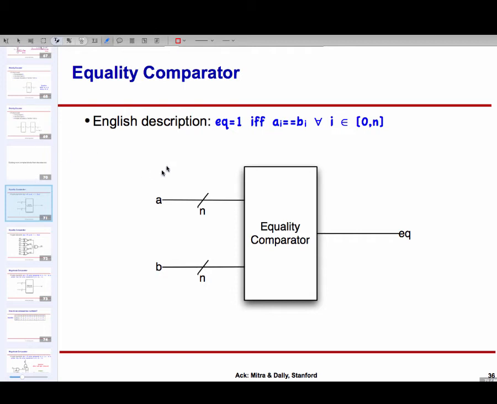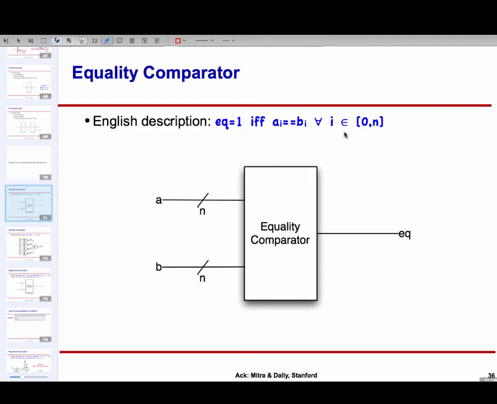So I want to create a circuit where I'm taking two n-bit inputs, a and b, and a single bit output EQ. EQ is high if all the corresponding bits of a and b are equal. So a0 is equal to b0, a1 is equal to b1, a2 equal to b2, and so on and so forth. So EQ equals 1 if and only if a sub i is equal to b sub i for all values of i.